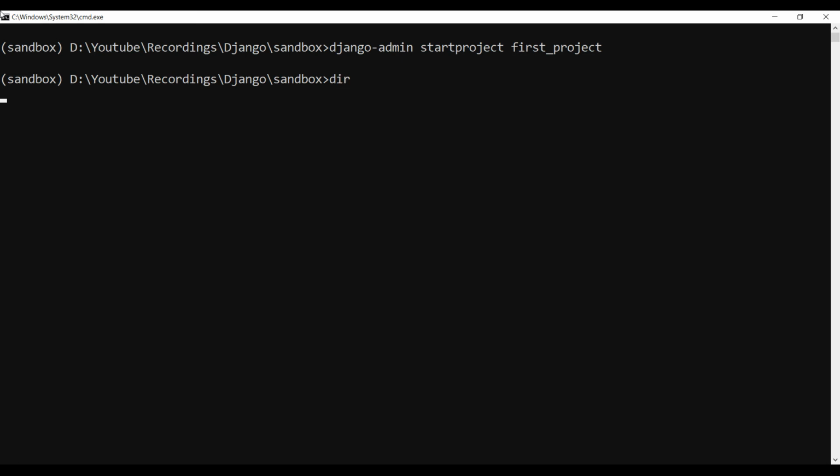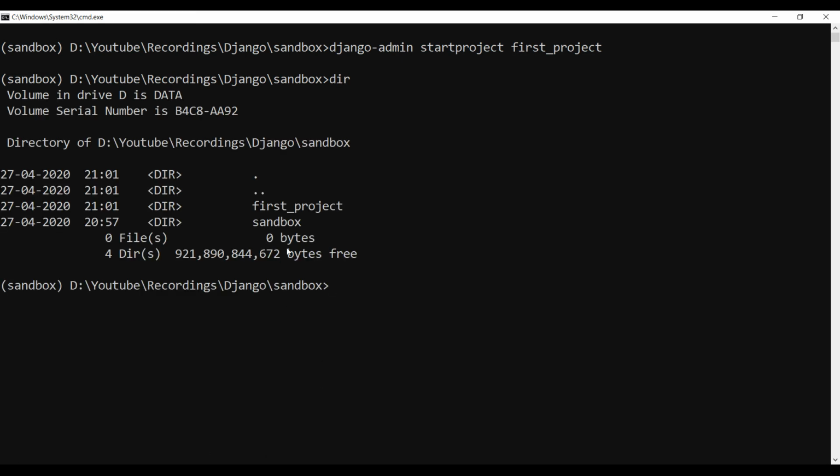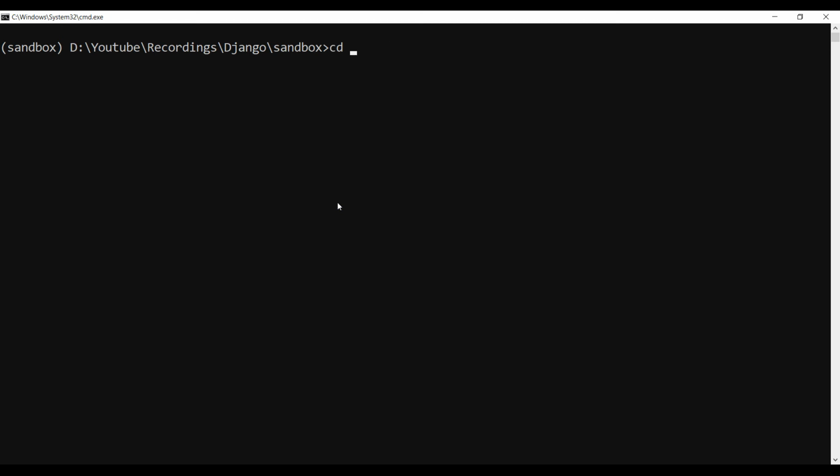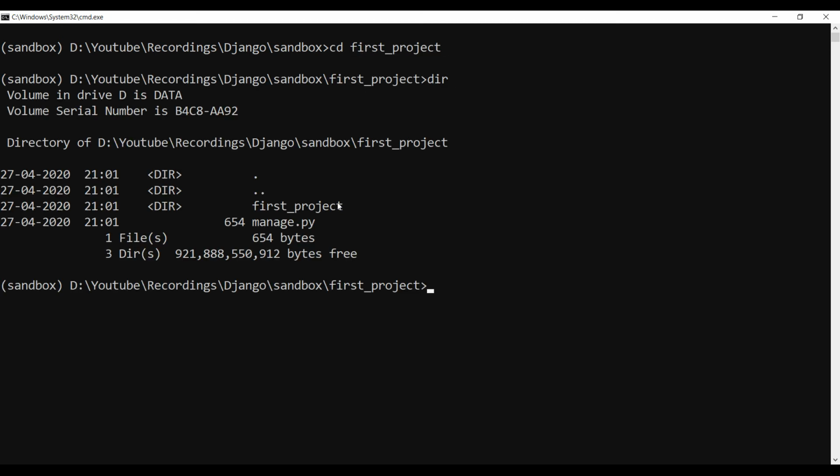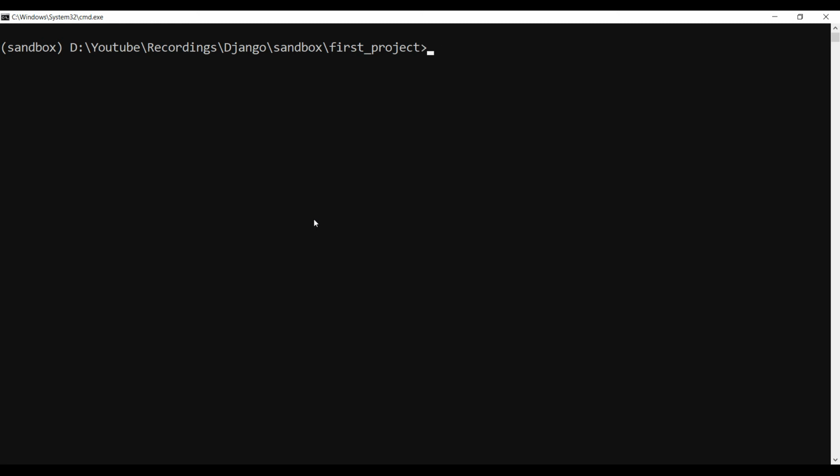After the command is executed, you will see a folder called firstproject is created. Now let's go inside the project and see what we have. There is a Python file called manage.py, which is the most important file, and we will use this file